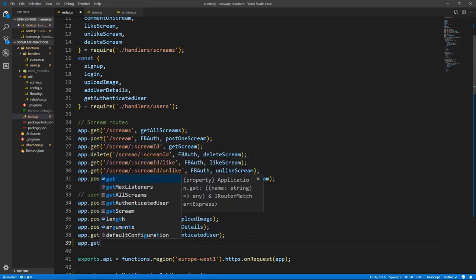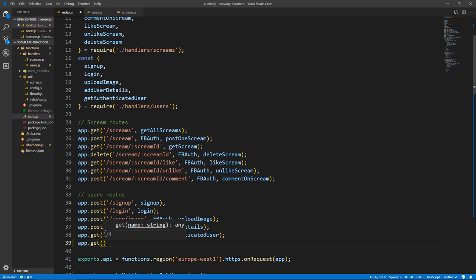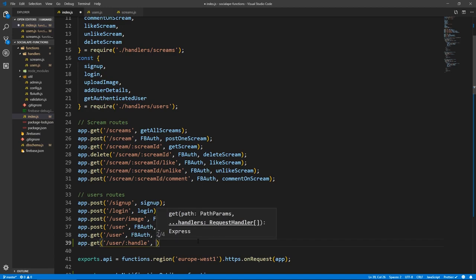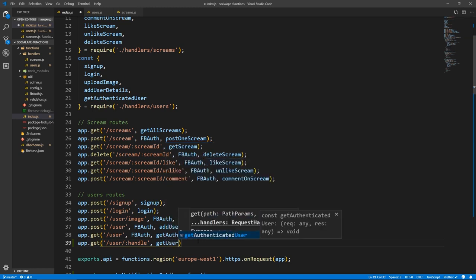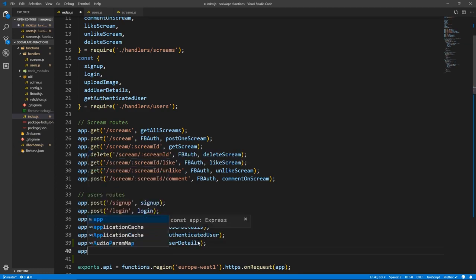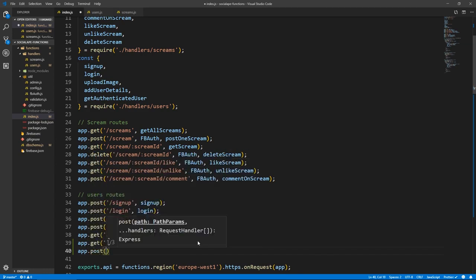So this is app.get, at /user/handle. We pass the handle and the application gives us back the details of this user. And this is a public route. We're going to call this function get user details. And one other one is app.post at /notifications.